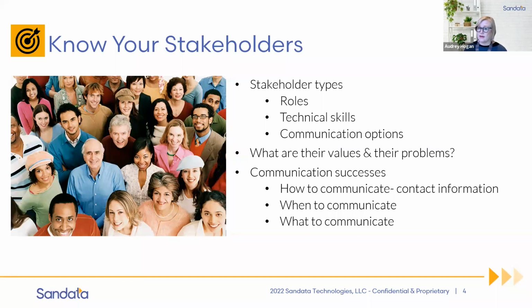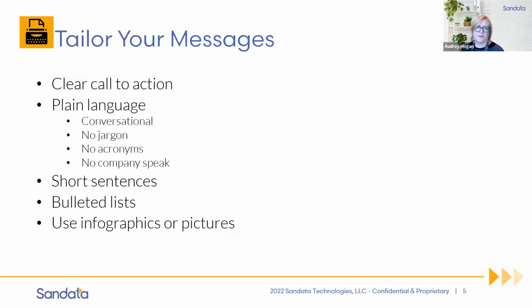Also, when to communicate. We all know that when we come into our inboxes on Monday morning, we generally end up with a list of usually spamish kinds of things, a few things from our bosses, and then a whole bunch of spammy things, because there's been an outreach or a push. Let's think about whether that's the best time to send something like this out if we want to get people's attention. And what to communicate. We'll talk in just a minute about that particular piece.